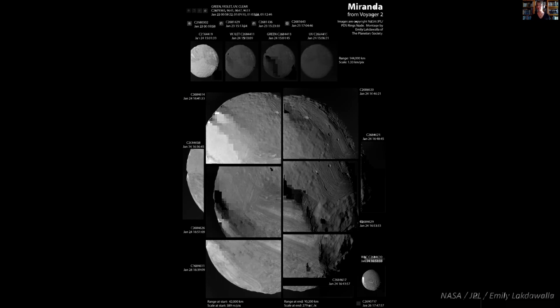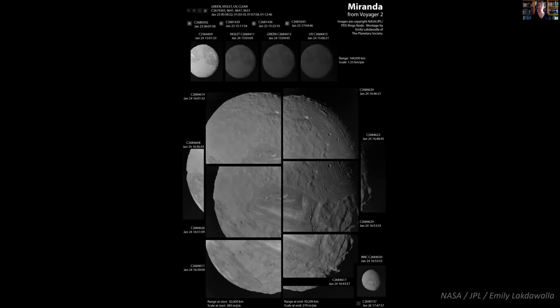Miranda is a small moon of Uranus. It's about 500 kilometers across. It has some great geologic features on it. Voyager 2 was moving very fast as it flew past Miranda. It had very low light levels and was trying to transmit data to Earth almost as fast as it acquired it. And so there was a lot of motion between adjacent footprints on the Miranda mosaic. And so it's very, very difficult to assemble.